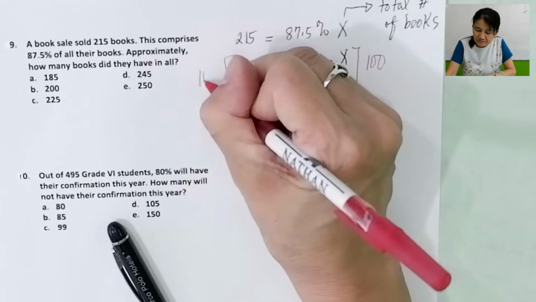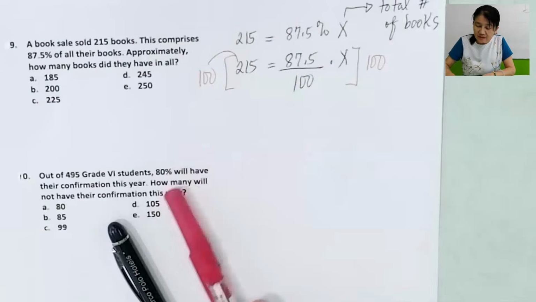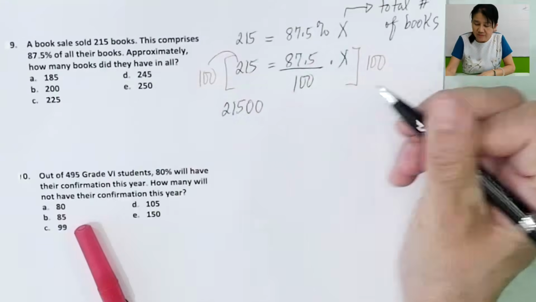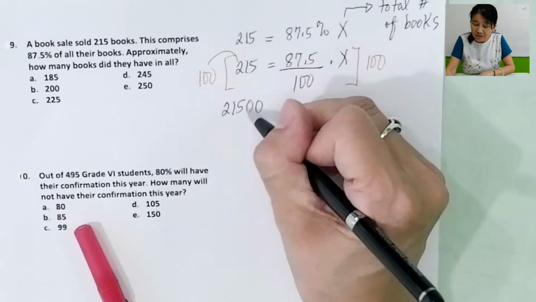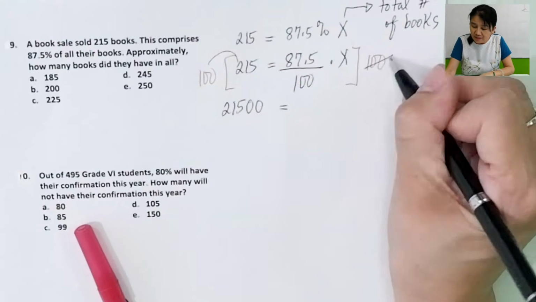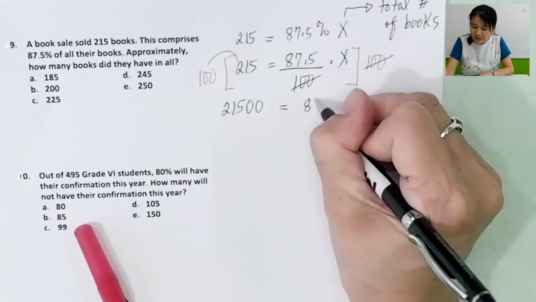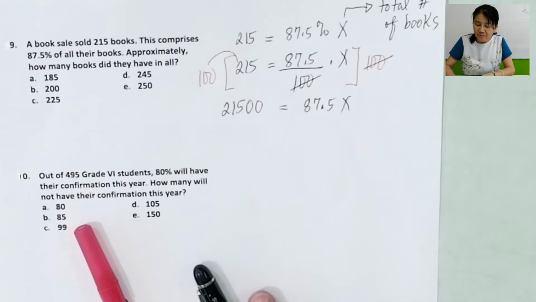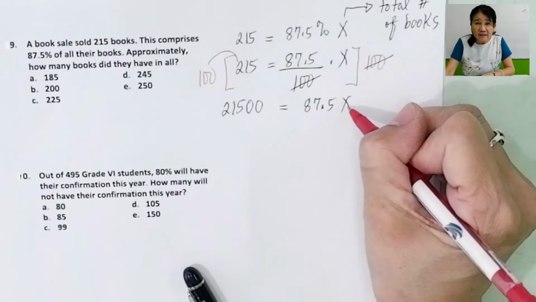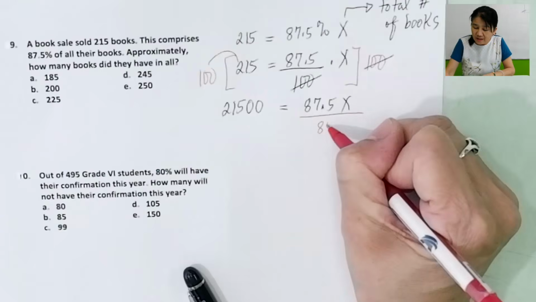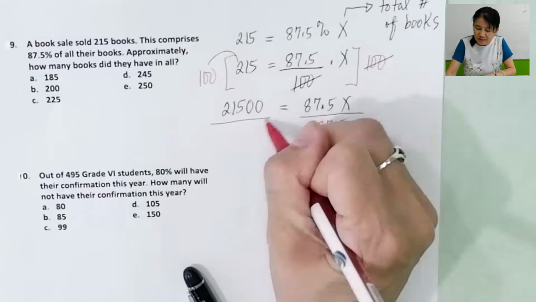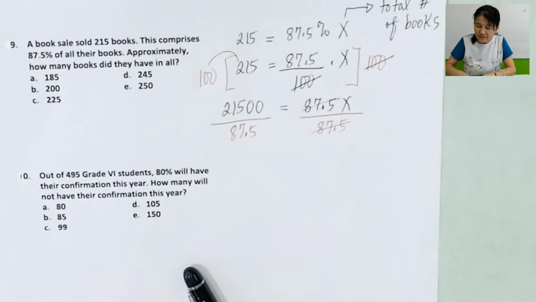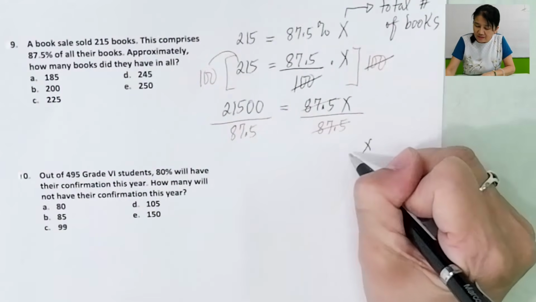100 times this will give you 21,500. When you're multiplying by 100, you just add two zeros here. And then you cancel the zeros here. So you have 87.5x. Isolate x here: divide both sides by 87.5. So you can cancel this. You're left with x is equal to